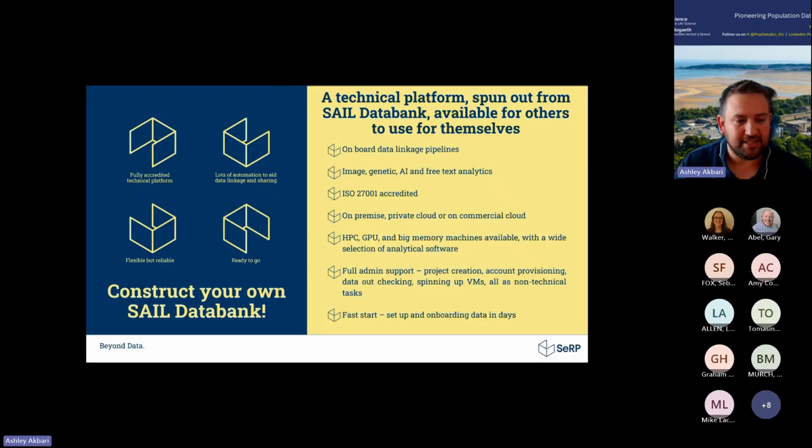And the way to think about this is that for SAIL, all of the technology or the infrastructure, all the data management, all of those aspects are now provided to SAIL by SERP. SAIL still has its own governance group and its own management group and makes its own decisions from what SERP call a tenancy point of view, but all of that technology, all of those developments are powered